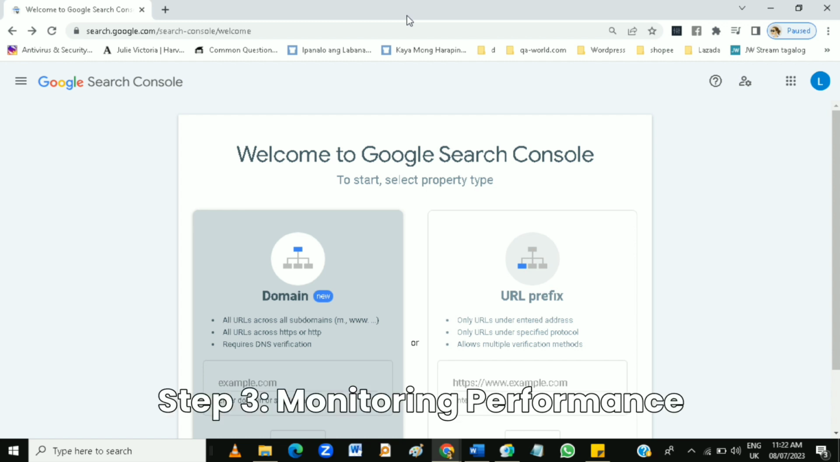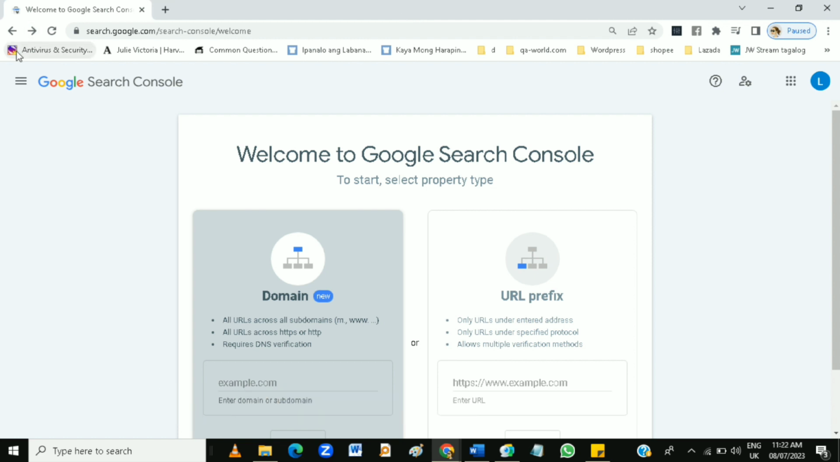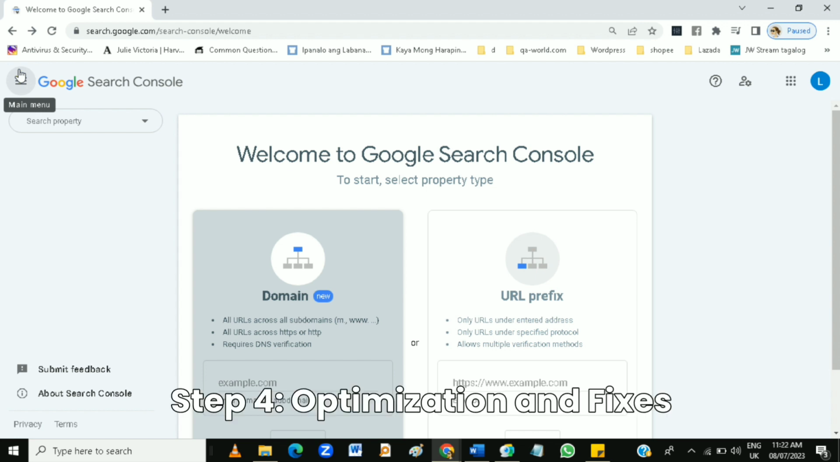Step 3. Monitoring performance. Google Search Console provides valuable insights into how your website appears in search results and how users interact with it. And last,